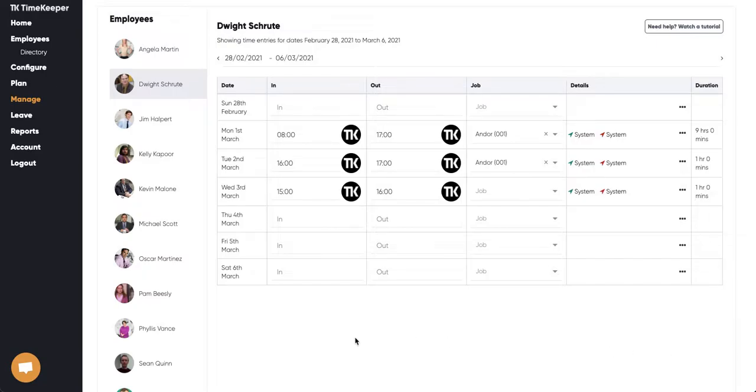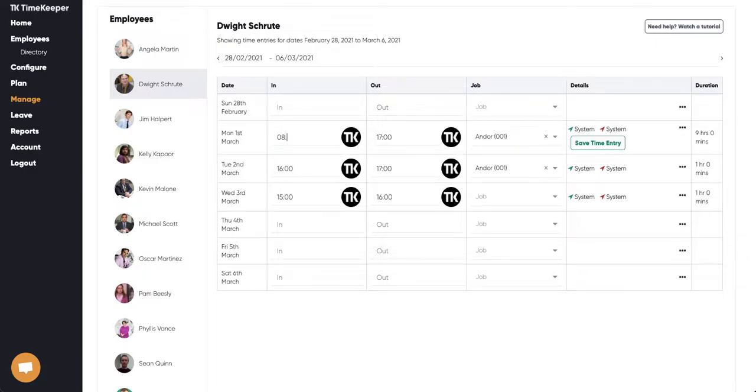As you can see, Dwight here has some time entries for Monday, 8 a.m. He clocked in, 5 p.m. He was working on this job, and there's some details here as well. If you wanted to change his time entry, you can type 24-hour format, so you could go 8:10, or you can write a